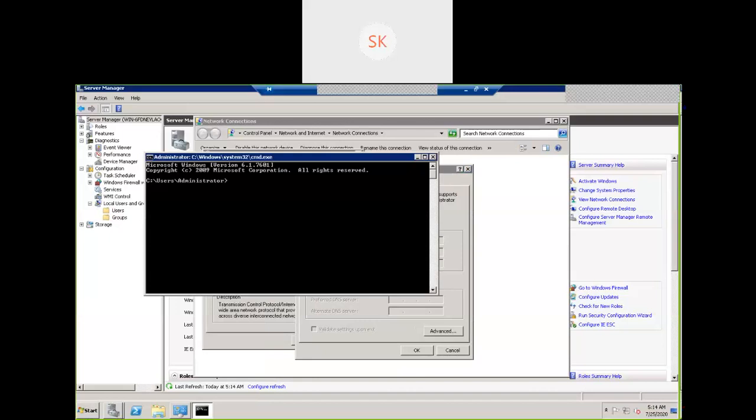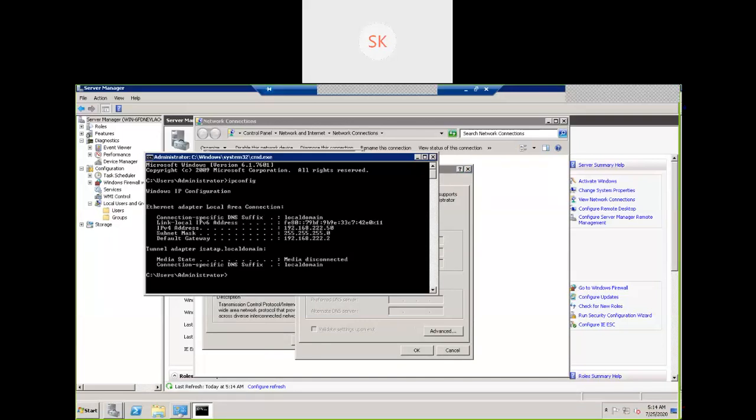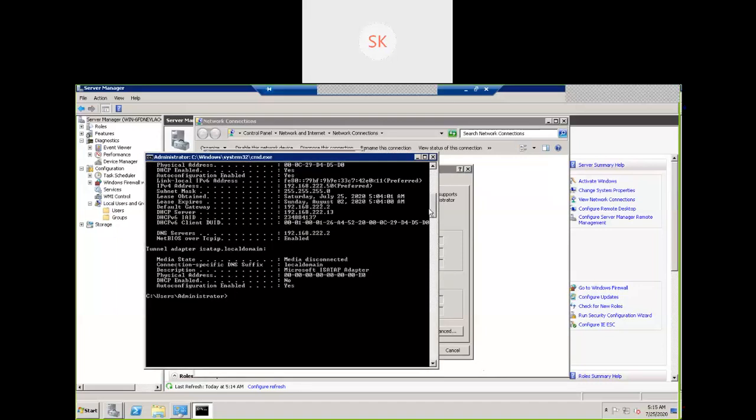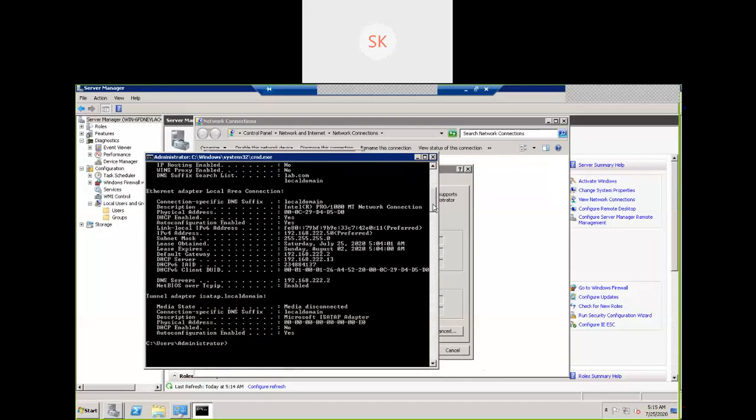Even if it is not getting an IP address from the DHCP server, what will happen? It won't be able to establish communication with the outside world. So I'm able to get the information here. So what is the IP address? What we need to do as the first step from this particular system is check whether I am able to communicate outside. From outside, we verified the communication to the respective server, and it is not able to establish communication. Now, what action do we need to take?